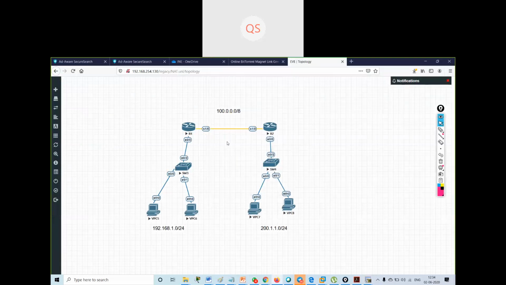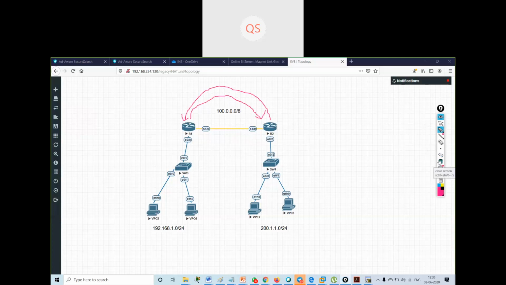Now I will configure a static route. I will configure a default route on my R1, as we have studied, whenever I need to go to any unknown location, I have to configure a default route. On R2 I will create a static route.